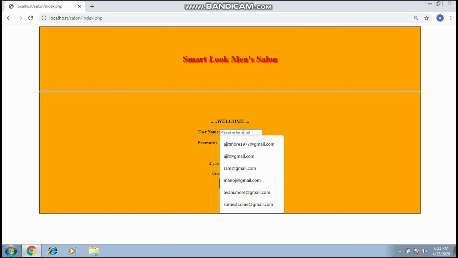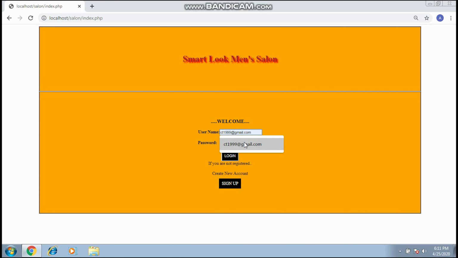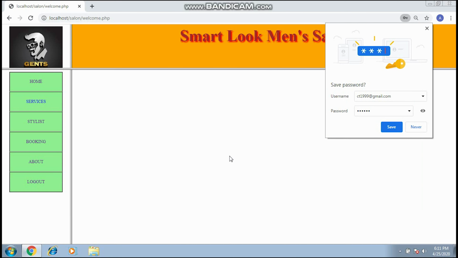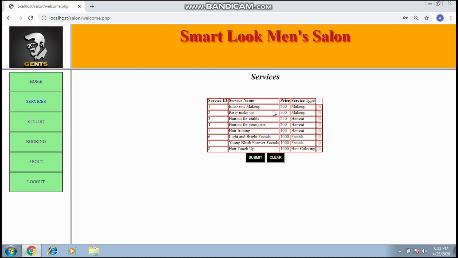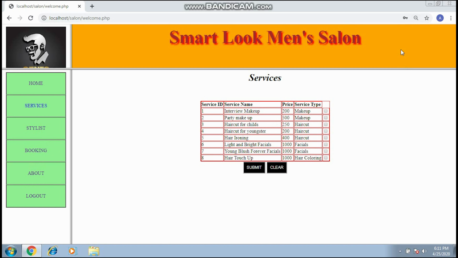Now, you can log in with the username and the password that you entered while you had to sign up. Now, you can enter the username and the password and click on login. So, this is the main dashboard that you can take a look at, which is the customer's dashboard, and you can take a look at the services provided by the Smart Look Men's Salon.